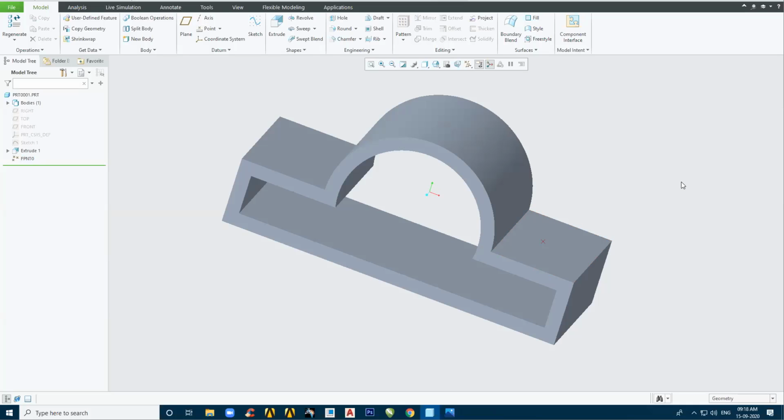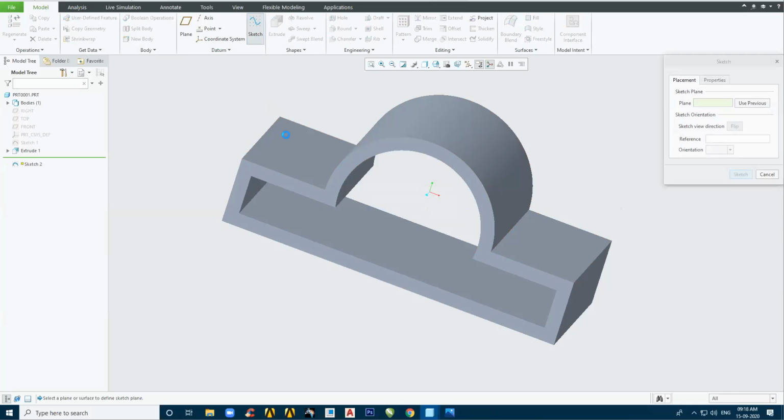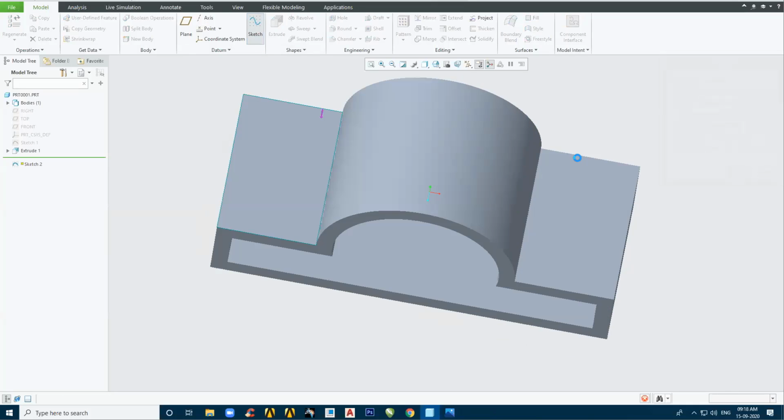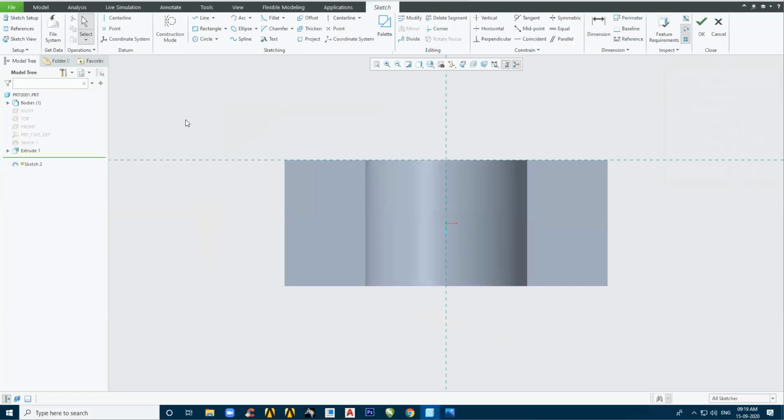Good. Now these points, planes and axes, you can also create with the help of a sketch, guys. I said sketch, and here we also have datums. Now these guys over here, center line, point and coordinate system, these are datum guys.